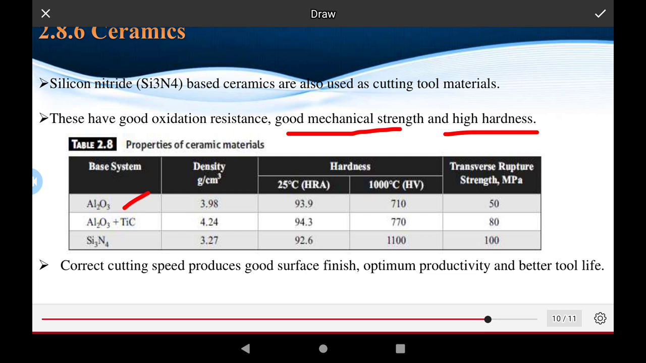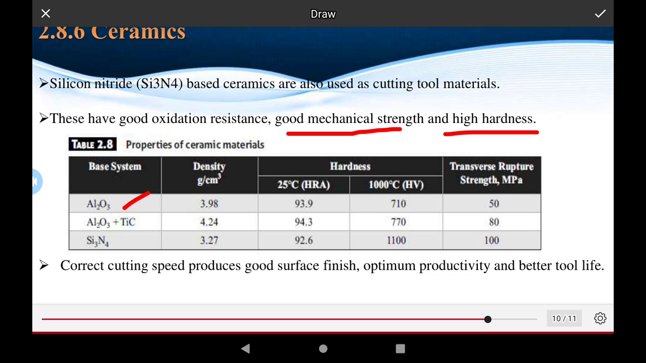This titanium carbide composite has a density of 4.224 grams per cubic centimeter, a room temperature hardness of 94.3, and a hardness of 770 at 1000 degrees Celsius. The transverse rupture strength is 80 megapascals. Then for silicon nitride, Si3N4,